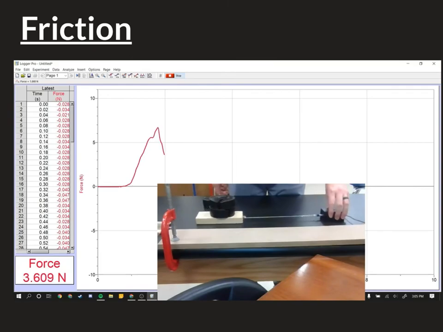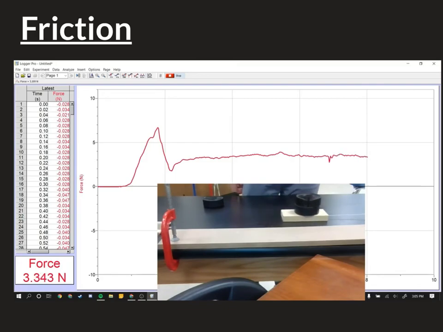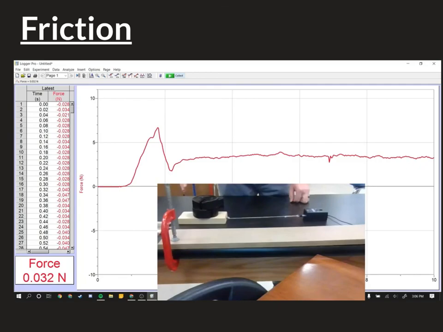So make the graph again. We see the same graph shape, but now we notice that the graph values are a lot less than what they were before. So now what's the max static friction? Well, the max static friction is somewhere around 6.5. And then if I look at this average value for the kinetic friction, that looks to be about 3 newtons. So why did this happen? Well,